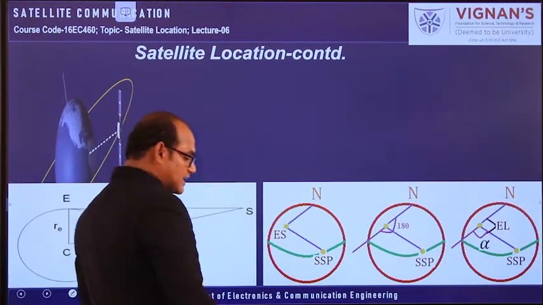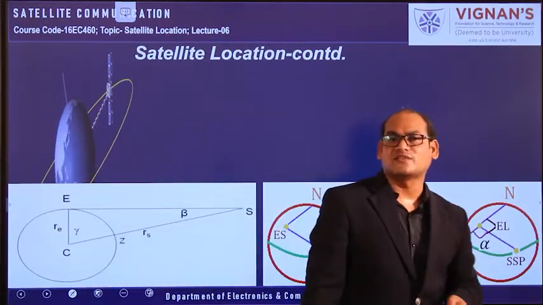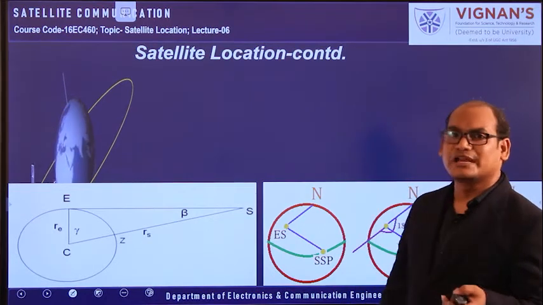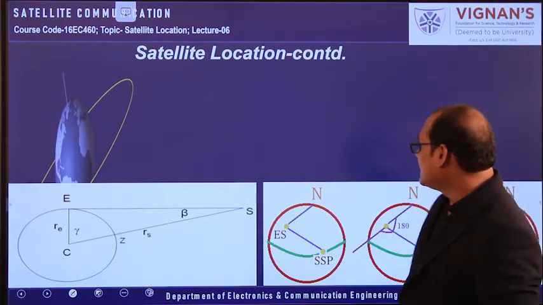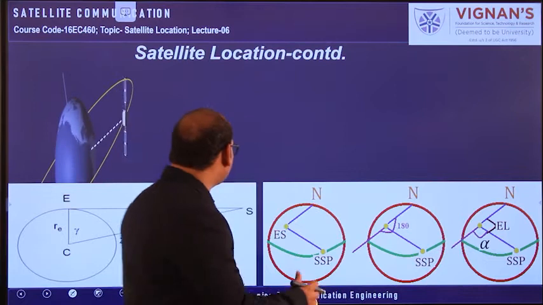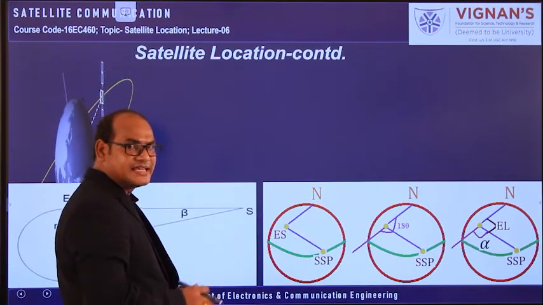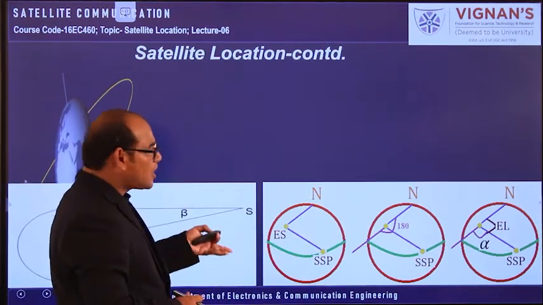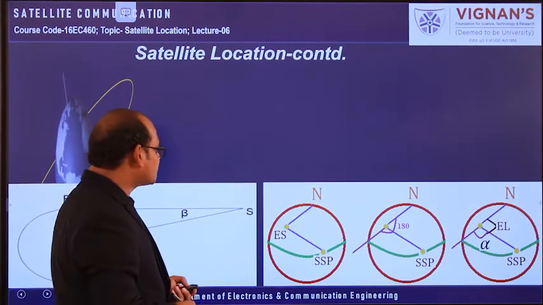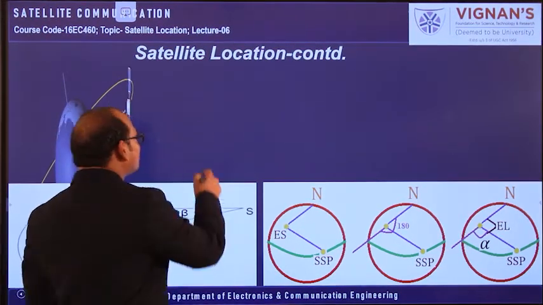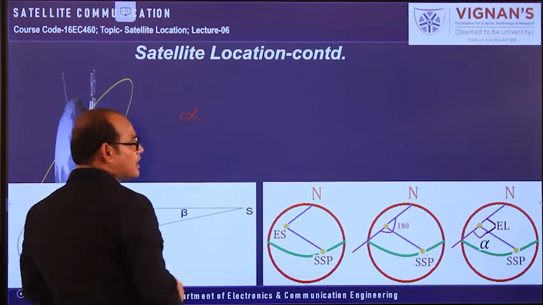And here is the procedure to calculate the intermediate angle alpha. If you have alpha, you can calculate the azimuthal angle. It is to be measured. Some cases are there here. Depending upon the case, we have to go for the calculation of the azimuthal angle. To get the azimuthal angle, first we need the intermediate angle alpha. How to get that one?